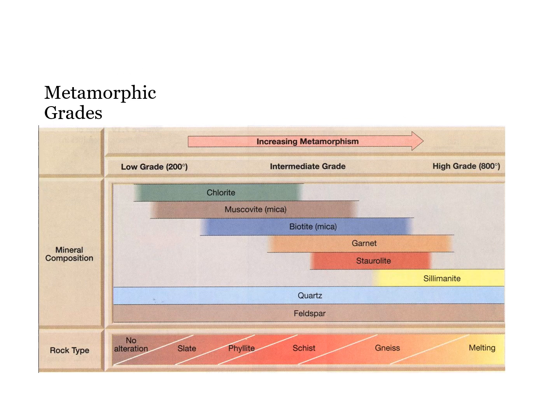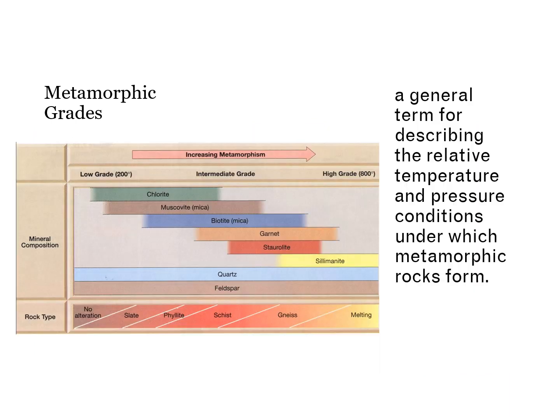Metamorphic grades. We use metamorphic grades to describe the relative temperature and pressure conditions under which your metamorphic rock forms. As I've mentioned, from slate all the way to gneiss, there are a range of grades. Slate having low-grade metamorphism, phyllite from low-grade to intermediate, schist from intermediate to high-grade, and gneiss having high grade of